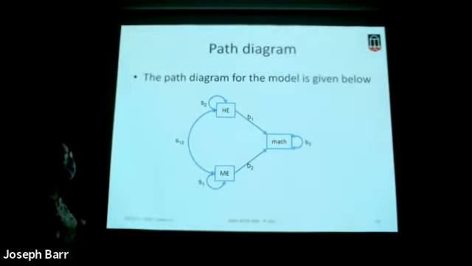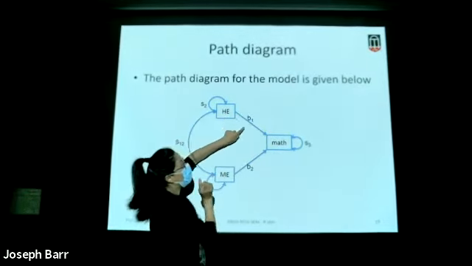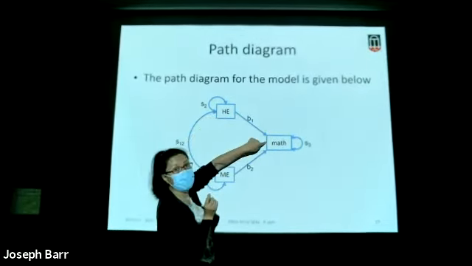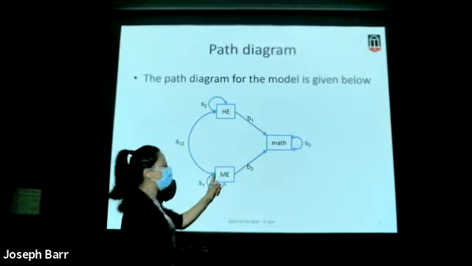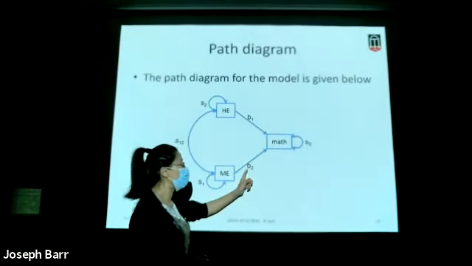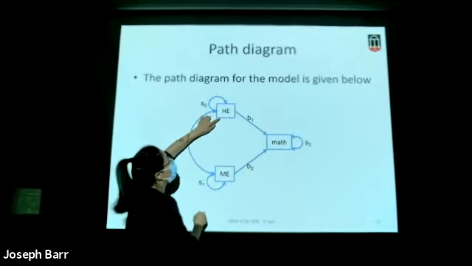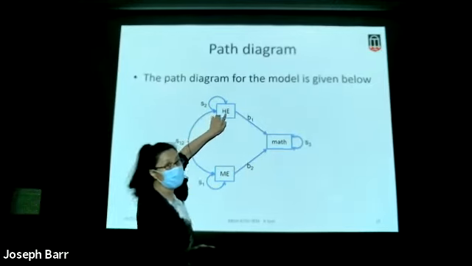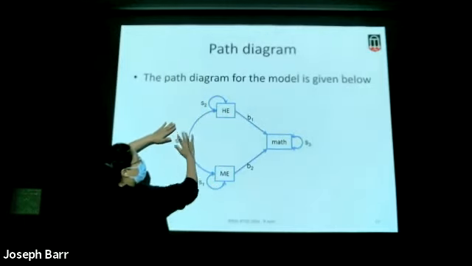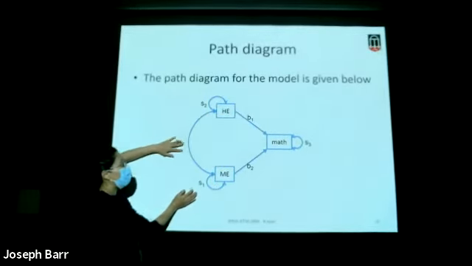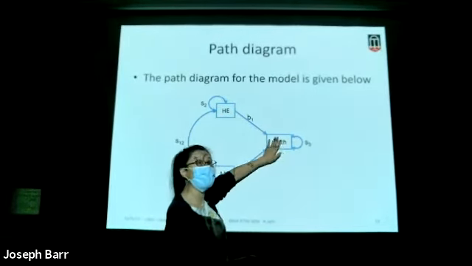For this model, how many parameters? We're going to estimate this coefficient, B1, the coefficient from home environment to math achievement. That's one parameter. The coefficient from ME to math achievement, B2. What is the B2 value, the standard error, the P value. And then the variance of HE, the variance of mother's education level, the covariance between home environment and mother's education level. And then the variance of the residual of math achievement, because this is a dependent variable.